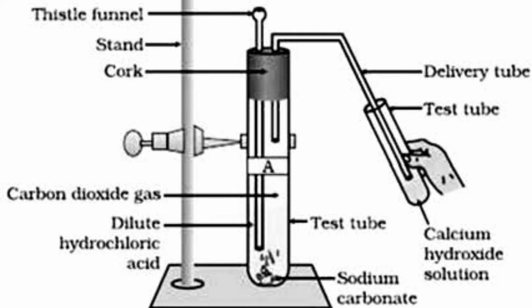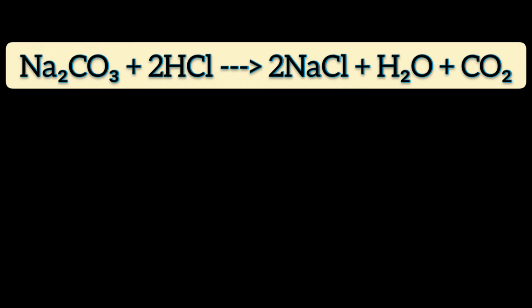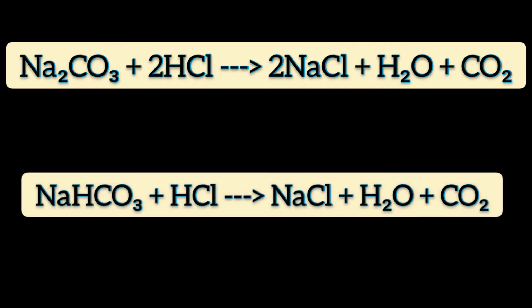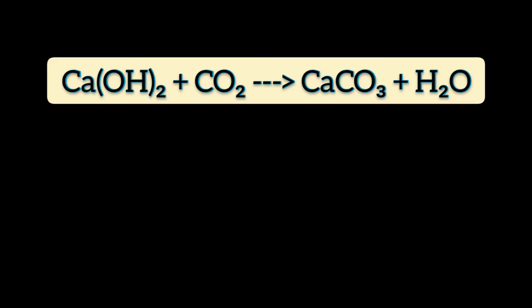That is, sodium carbonate plus HCl gives sodium chloride, that is NaCl, plus H2O and CO2. And in the other one, NaHCO3, that is sodium hydrogen carbonate, plus HCl gives NaCl, that is sodium chloride, plus H2O plus CO2. The reaction of CO2 evolved with lime water is as follows. Ca(OH)2, that is calcium hydroxide, plus CO2 gives CaCO3, that is calcium carbonate, which gives white precipitates, plus